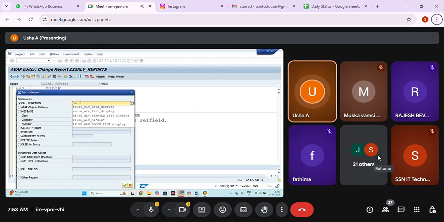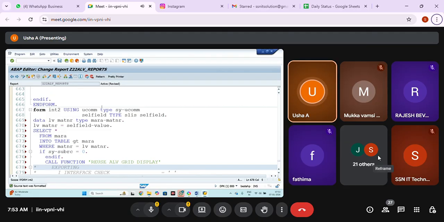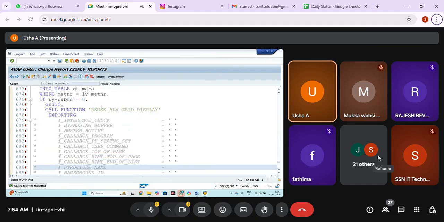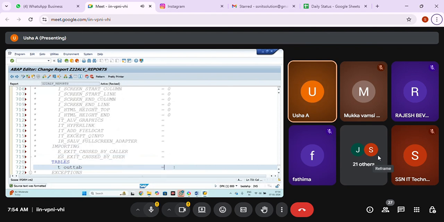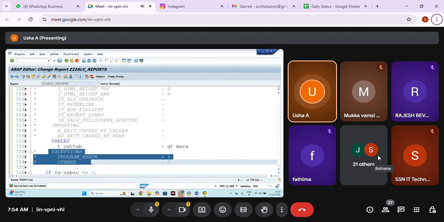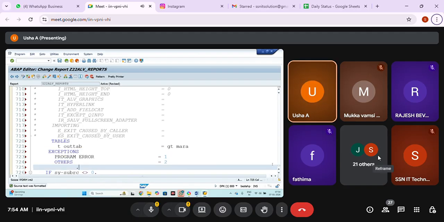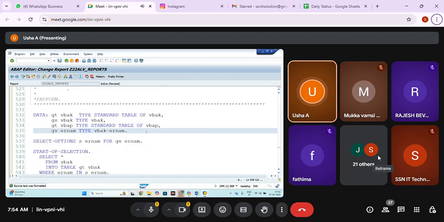Click on pattern button, use LV grid display. I have intentionally taken all the fields so that I can pass the structure name and comment it, pass the structure MARA and the internal table GT_MARA and then uncomment the exceptions. Now you need to declare this GT_MARA and all. Once it is declared, you can just keep the breakpoint and I'll show you.